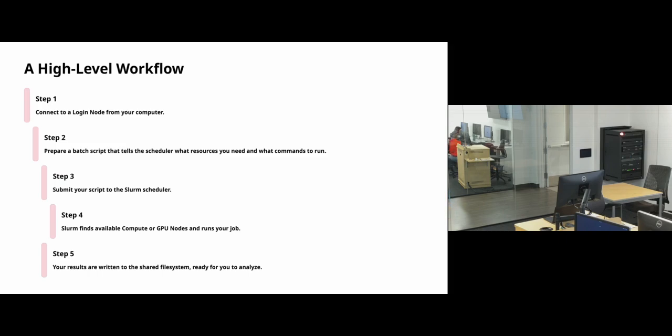So you specify that, and then those resources are allocated to you from the pool, right? If there's none available, then your job waits in queue until those resources become available. It's a priority queue. So eventually your job will come up to the top of the queue, and then you'll be given those resources. And then if it's a batch script, your script will just run, and then you'll get the results. You'll get an email when it's done, or if it ran out of time, or if there's an error or something, and then you can go back and see what happened and go again.